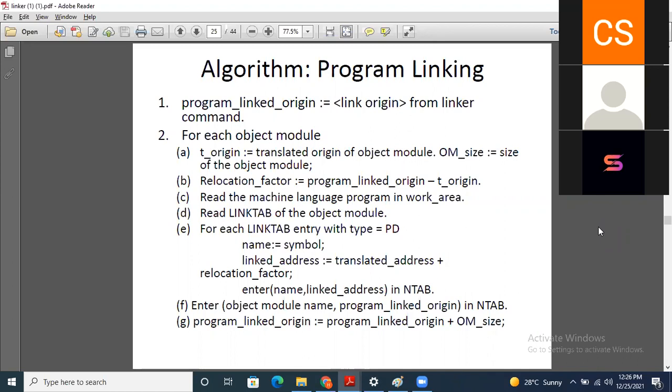These two fields are required for the NTAP. So it will enter this name and linked address in the NTAP.